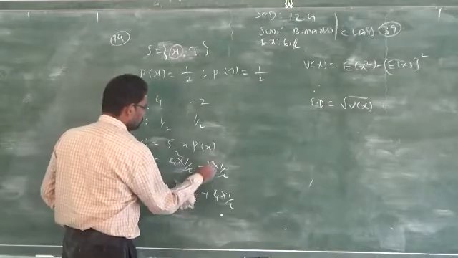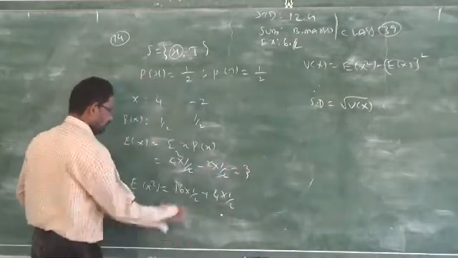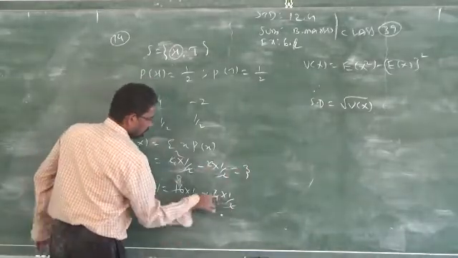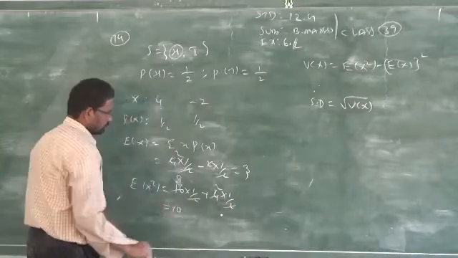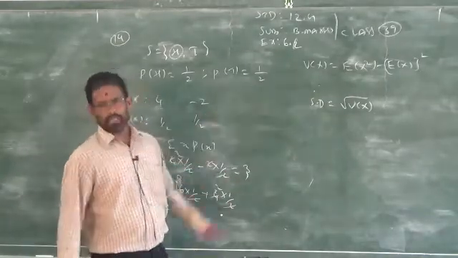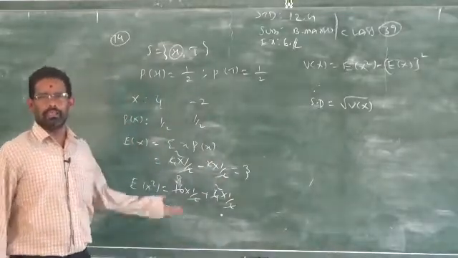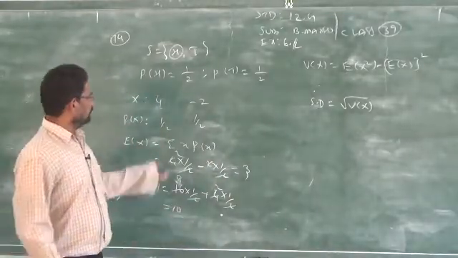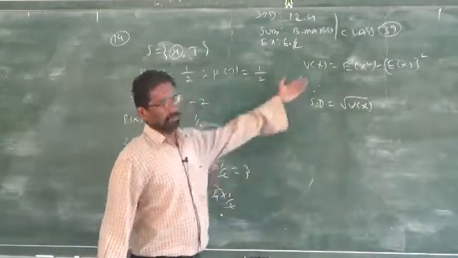Very simple, 2 minus 1 is how much? 3. This will go how much? 2 times. Answer is 10. So, just substitute in the place of x square and this, you will get the answer. It is a simple calculation, that is why I did not do it. It is very simple, use a calculator or manual work, you can get the answer.